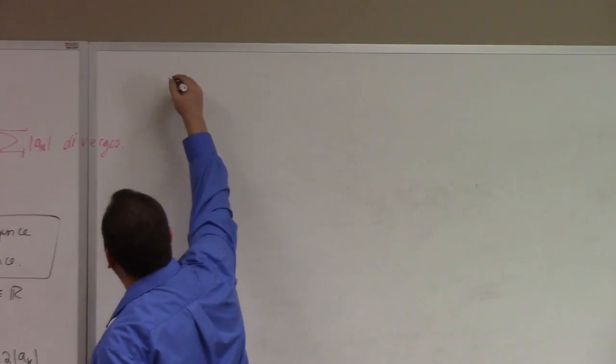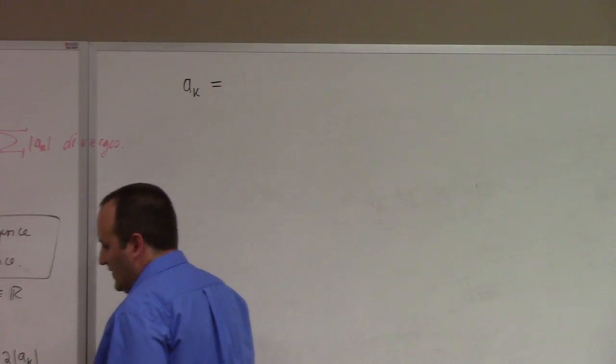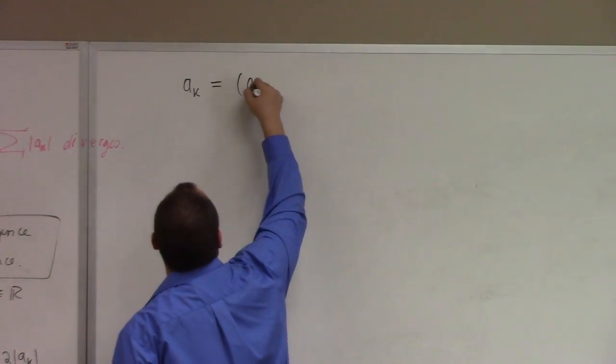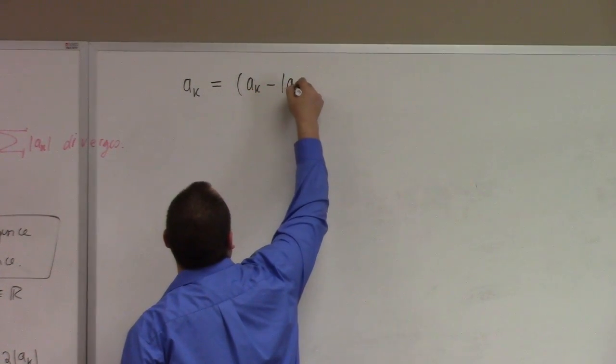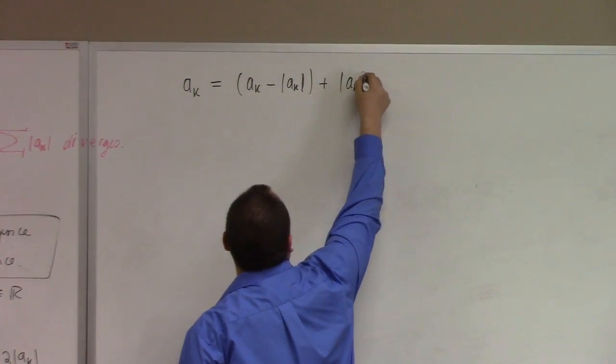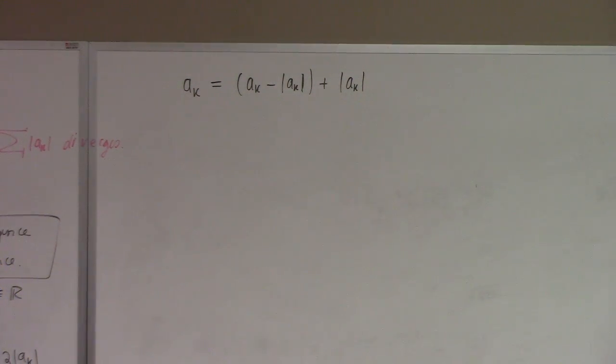So what he does in the text is he rewrites a sub k. Now this is a little bit tricky, but he says it's equal to a sub k minus the absolute value of a sub k plus the absolute value of a sub k. Now he's added 0 here. What's the purpose of doing that? Check out this inequality here. What does this say? This says, by direct comparison,